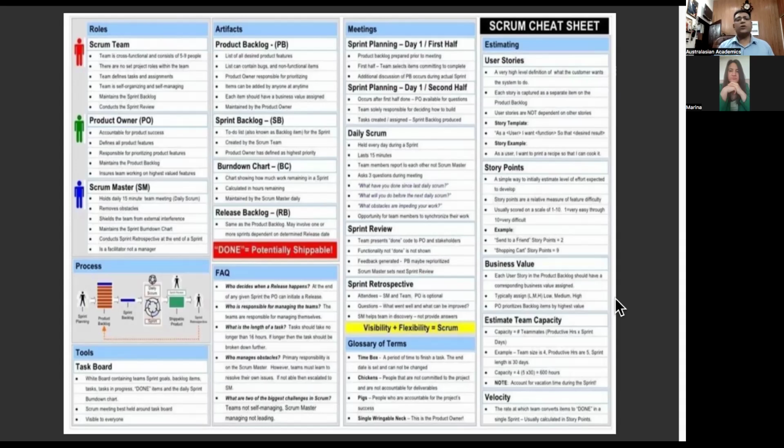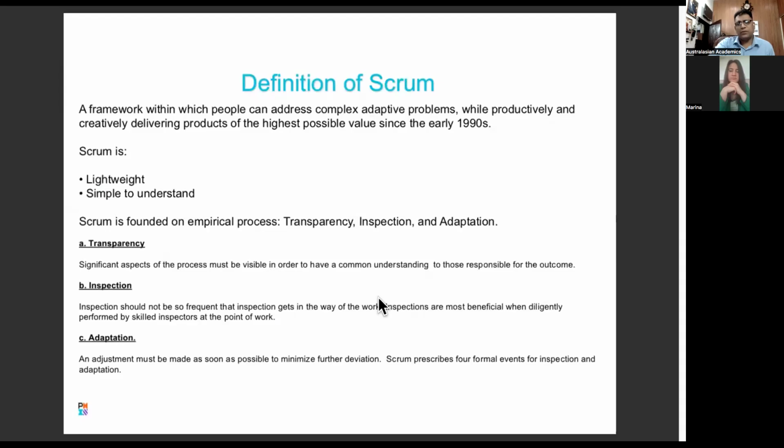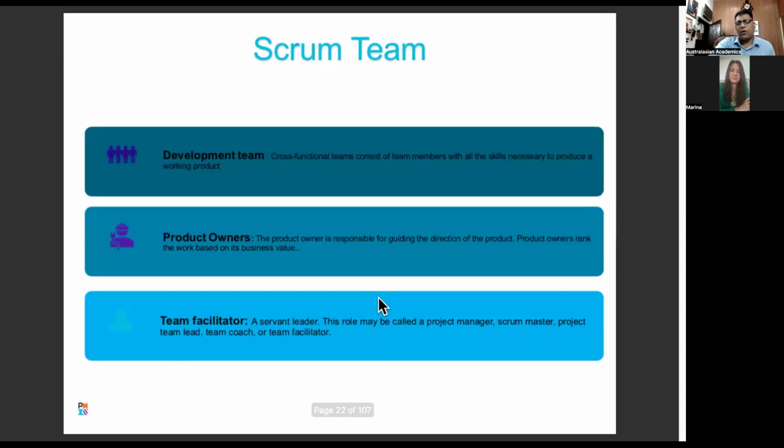I know your time is limited, so we'll go through that. I'm going to have to use the whiteboard to try and draw the burn down and burn up charts for you, to give you a better understanding of how Scrum works, right? But I'm going to skip Scrum for now, just for you.